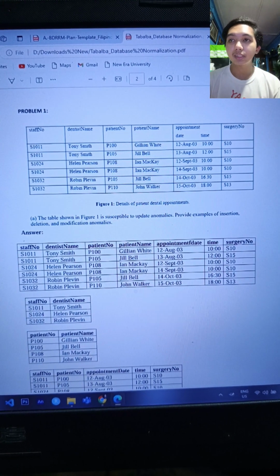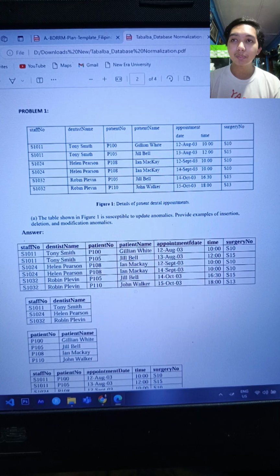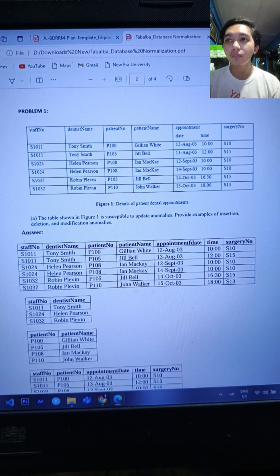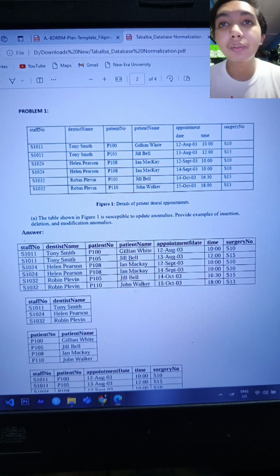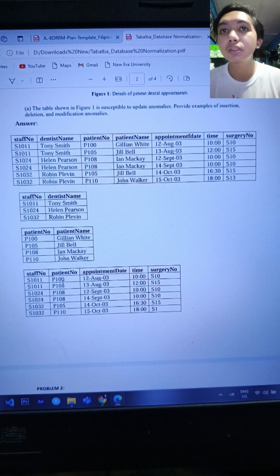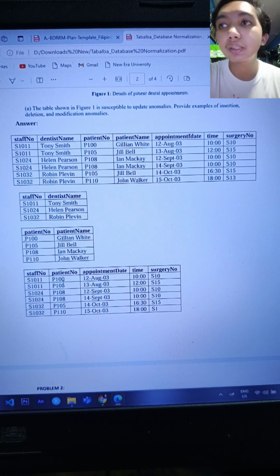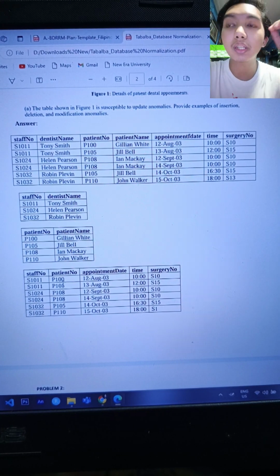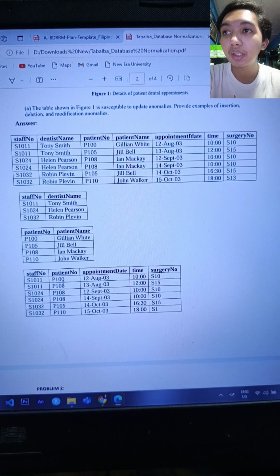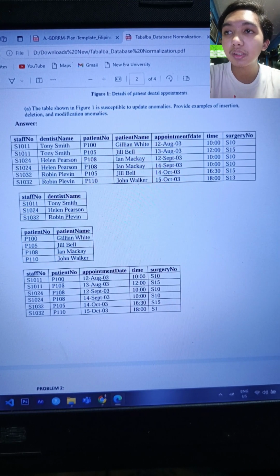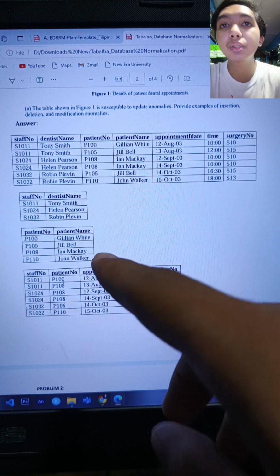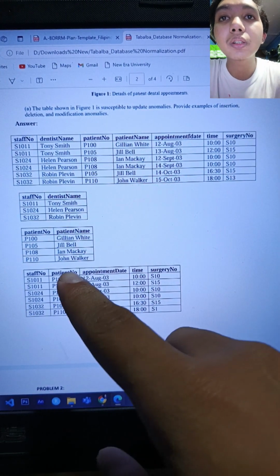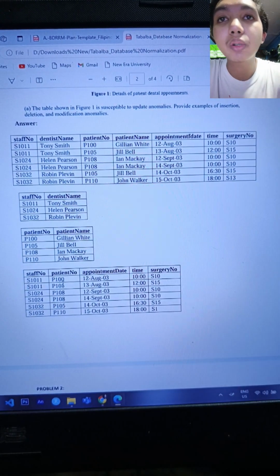Normalizing the data, we create three separate data frames. Staff contains the unique staff information, and the patient also contains the unique patient information, here the patient number and the patient name.